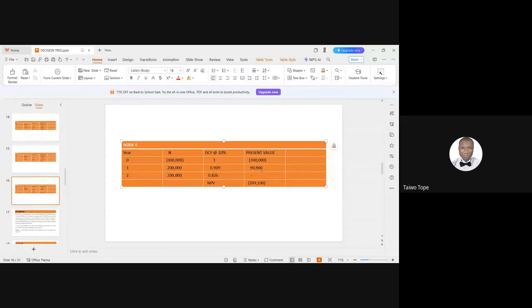So when you multiply, this will give you what here? 181,800. And this will give us what? 165,200. And the NPV will be what? Positive 47,000. So 47,000. So now for node F,